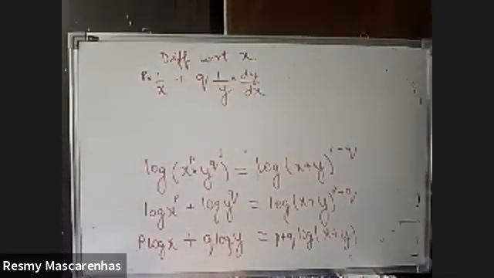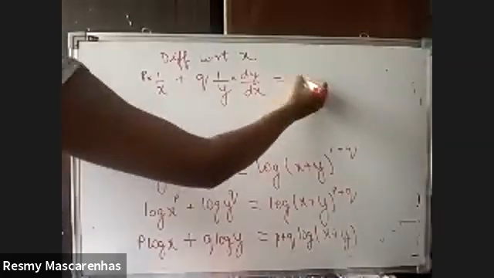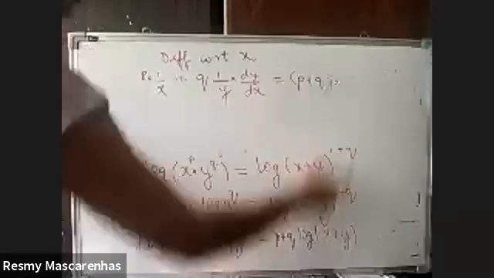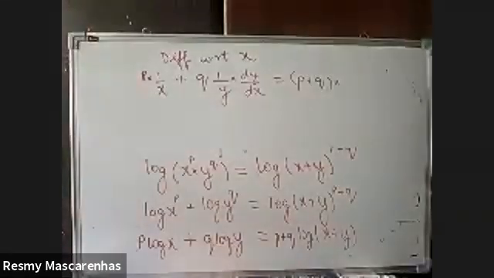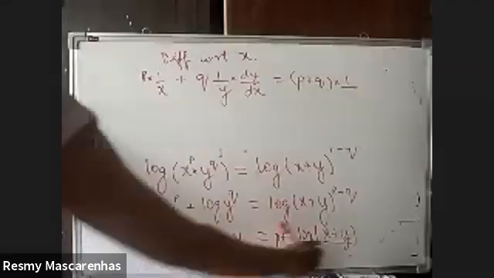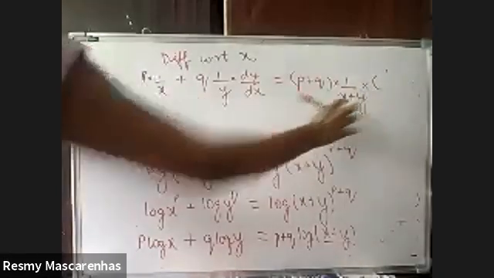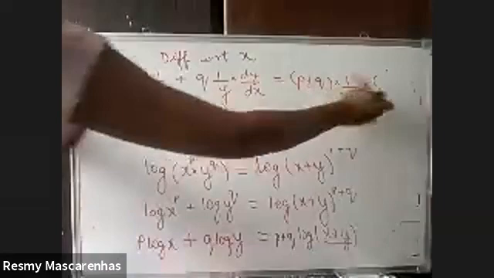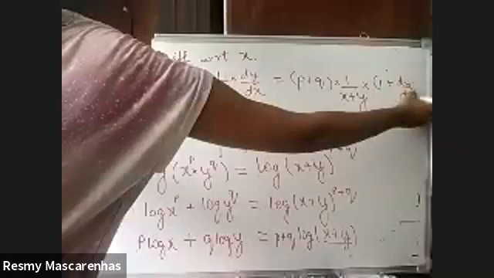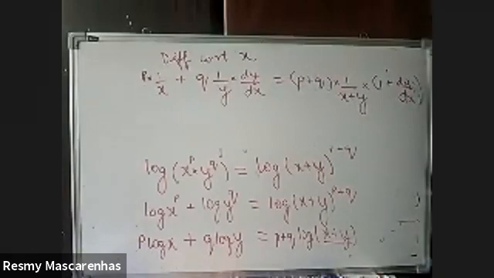Anytime you come across a y function, you have to write the extra dy by dx, is equal to p plus q, which is again a coefficient, so don't differentiate this. Log of x plus y. So it is log of something, so the derivative of log of that will be 1 upon that into the extra derivative. So what will it be? The derivative of x is 1 and the derivative of y you have to take, so dy by dx. So this is the equation which you will get.